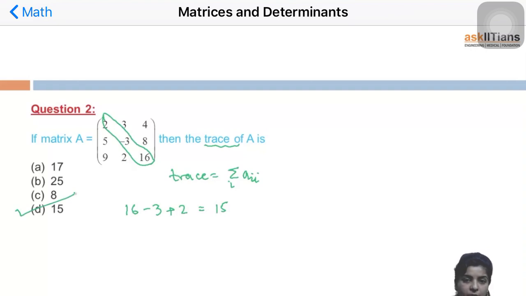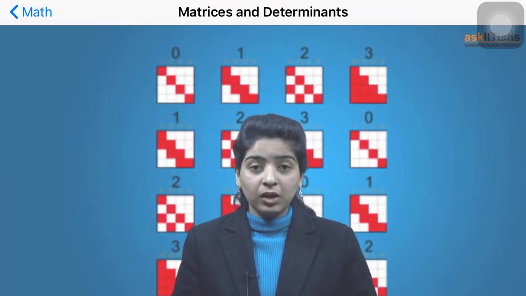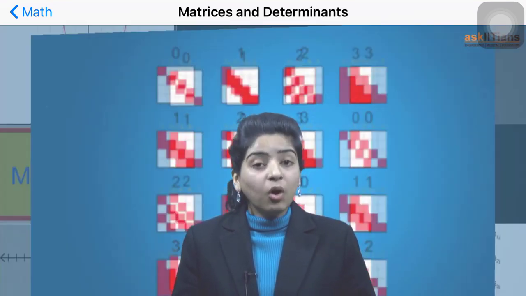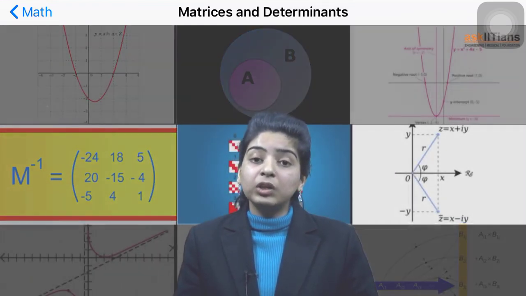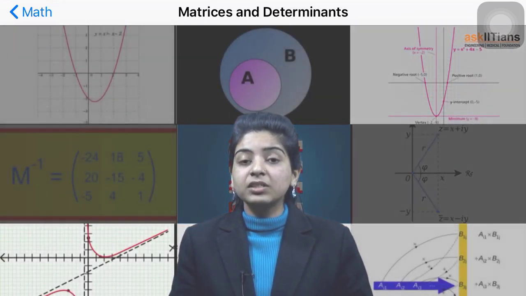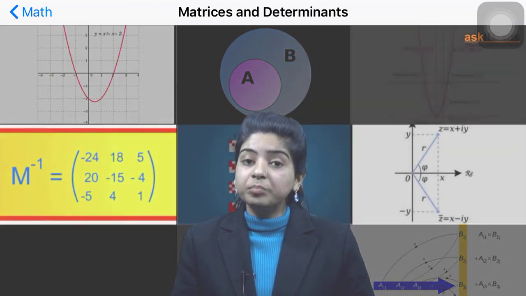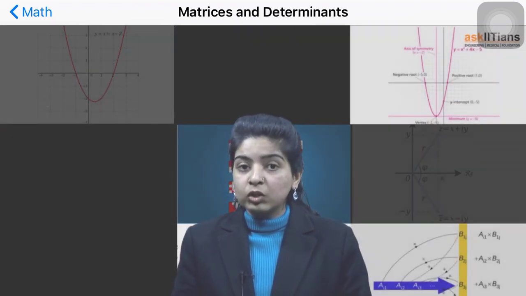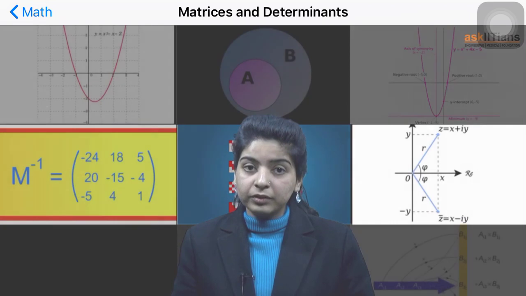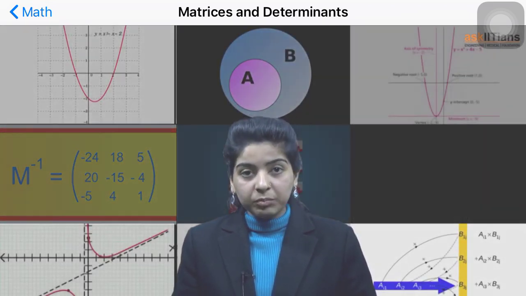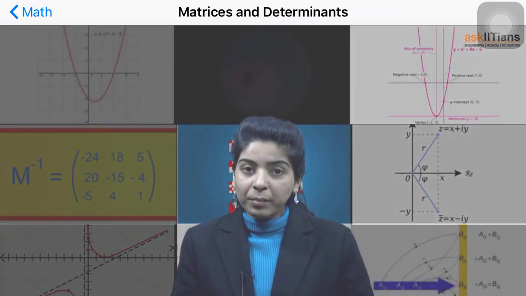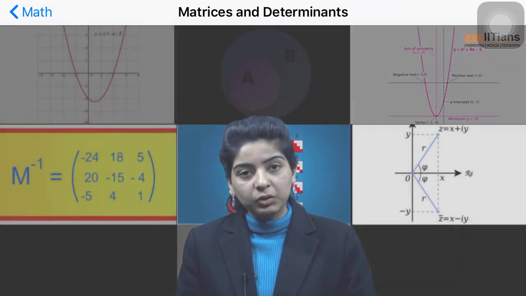So do practice a good number of questions on the types of matrices, as these types of matrices are extremely important because these concepts will be used in various types of questions. So I hope you must have understood by now the definition of a matrix, the order of a matrix. Here I would like to notify that order of a matrix is extremely important and it is the basis for various other concepts. So do focus on this topic especially. And you must have understood the types of matrices as well, especially square matrix, diagonal matrix and triangular matrix.